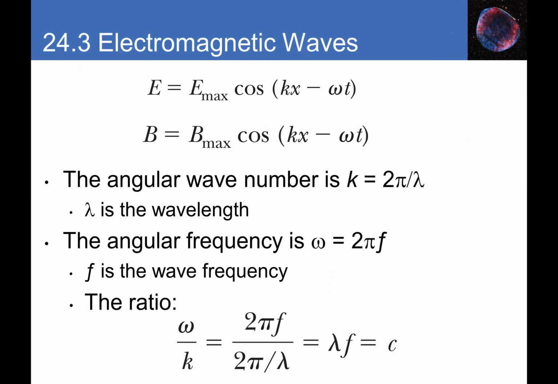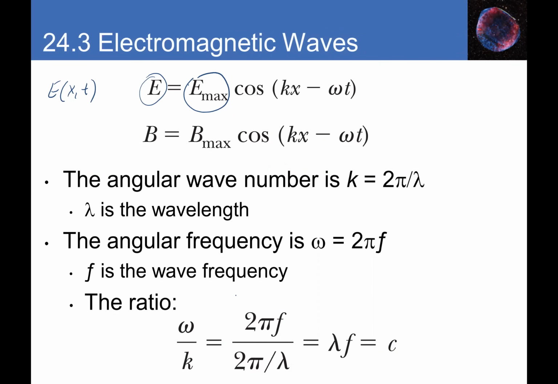Okay, so obviously it's a wave, and it's a wave that's traveling. So that means we have to go back and remember the equation for the traveling wave. So this E, probably better as E as a function of position and time as it's propagating along the x-axis, right? It equals E max, which is its amplitude, times cosine of kx minus omega